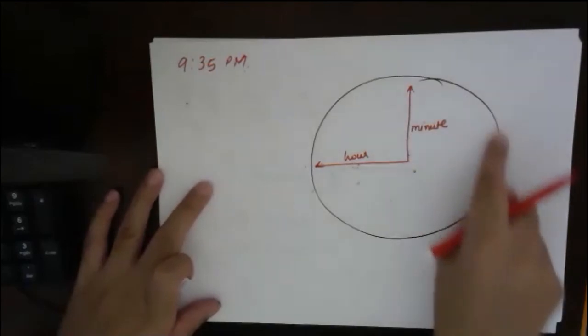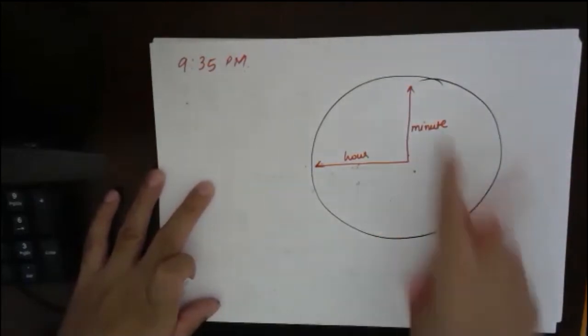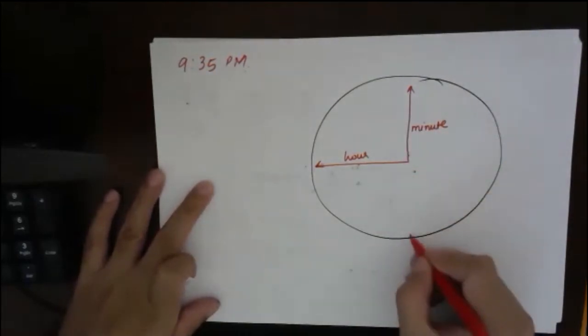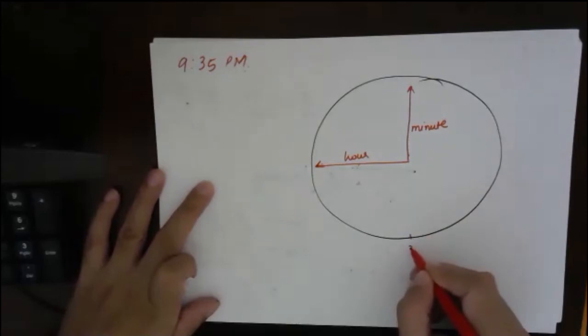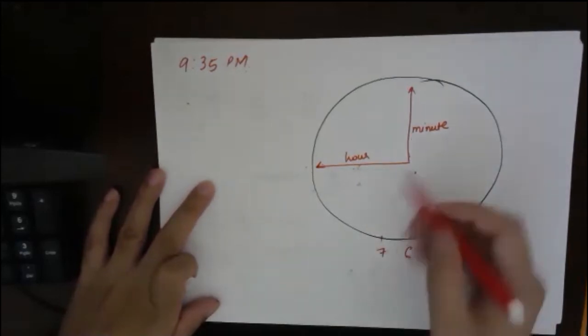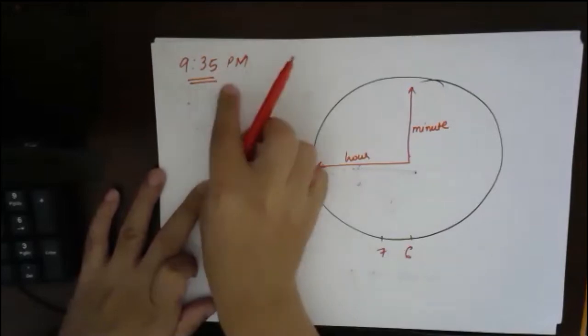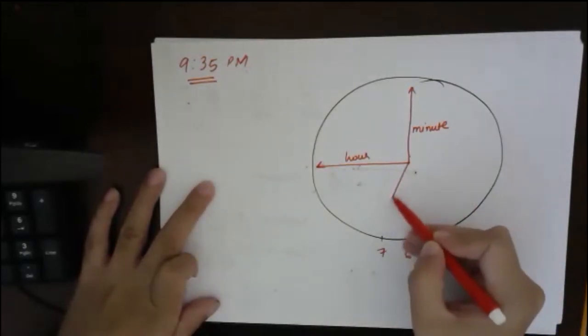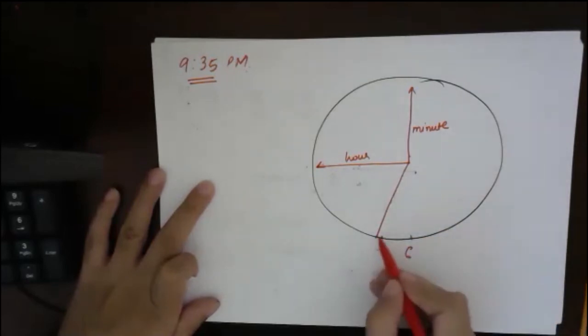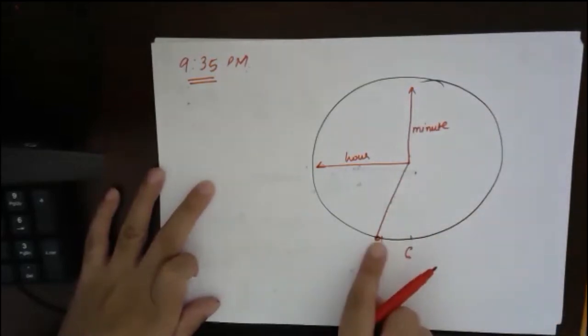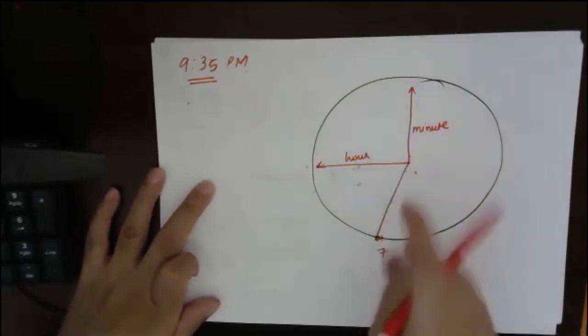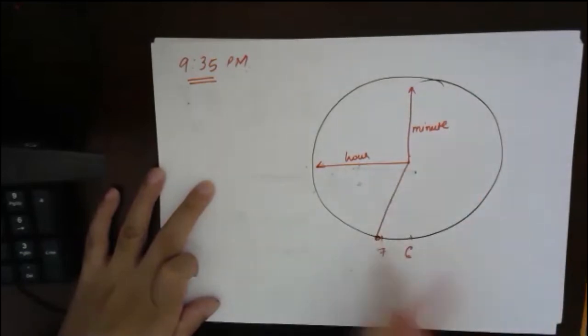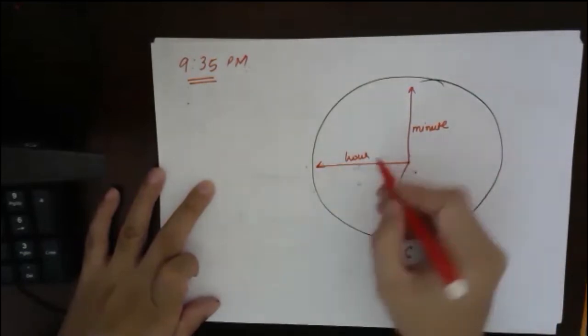This minute hand will come to 35. Sorry, this is 6 and this is 7. So at exactly 9:35, this minute hand will come exactly at this point. Right? Now see, if this minute hand has come exactly at this point, what is the angle between this line